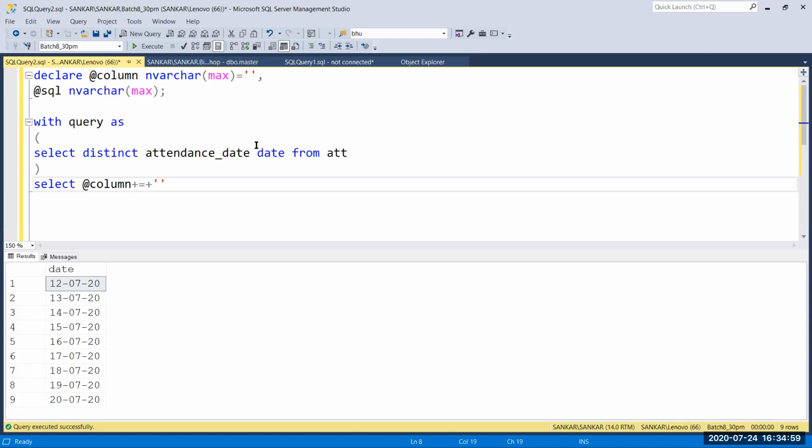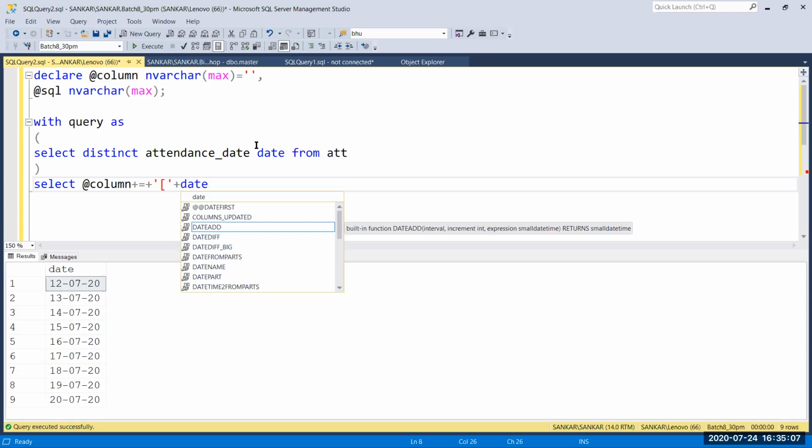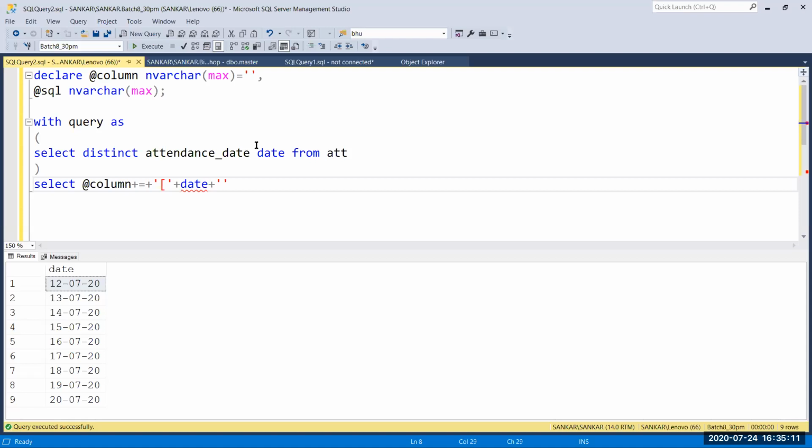So let's check: @column equal to @column plus, here I just pass the square bracket and then plus, and here you can pass your column name, that is date, and plus, here just pass the close square bracket, then comma, then from query. So I'm going to run this.